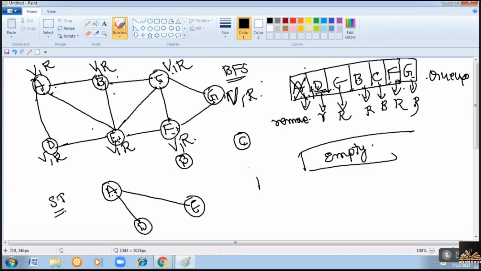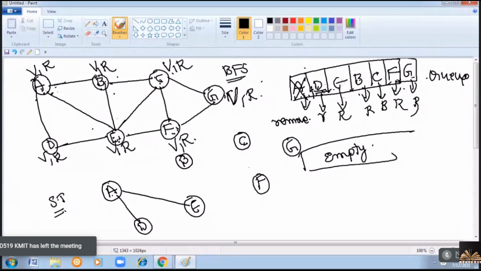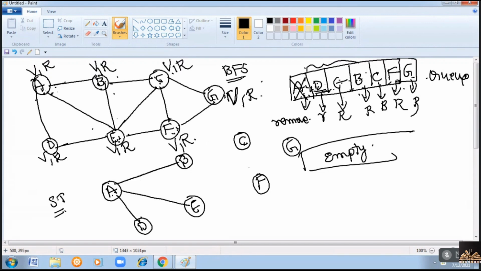After C, we have F and G, right? And D, E, B are adjacent. When you consider A, you have inserted these three. Whenever I consider A as my starting vertex, I have inserted these three adjacent vertices. So D, E, B should be adjacent with A. Next,